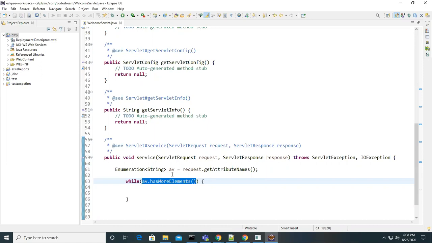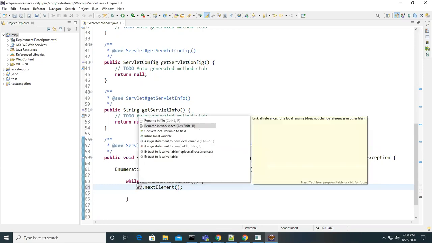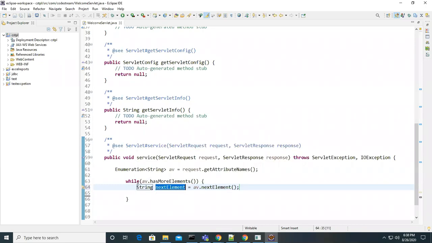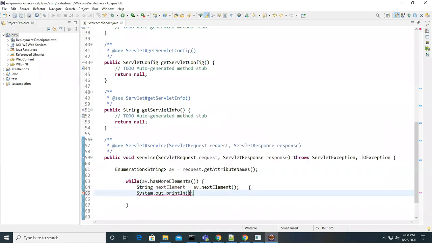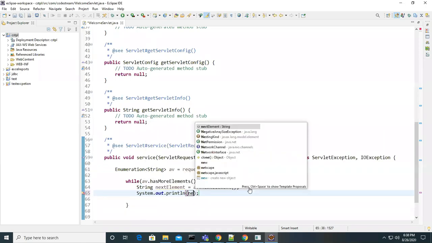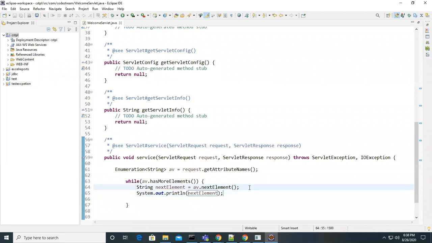If the values are there, it will return true. And av.nextElement string value, I am holding that next element, just calling predefined methods, guys, and then displaying it with System.out.println of the next element. Okay, so look at this next element.